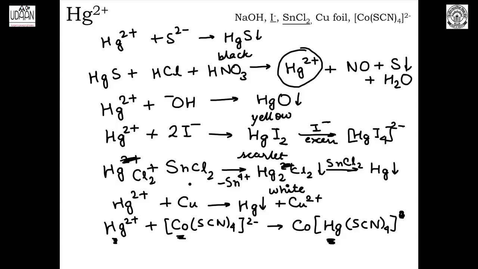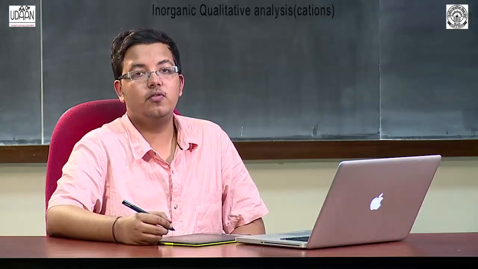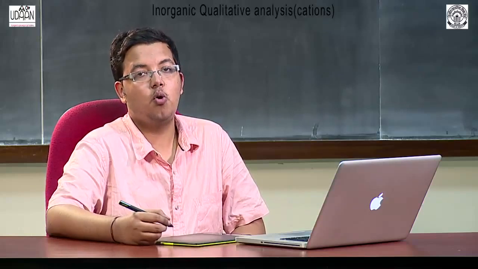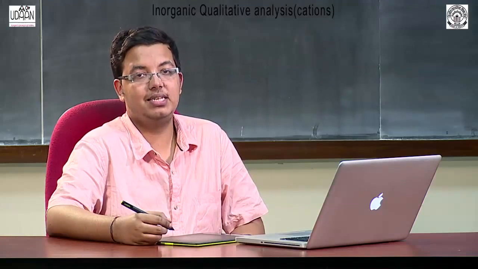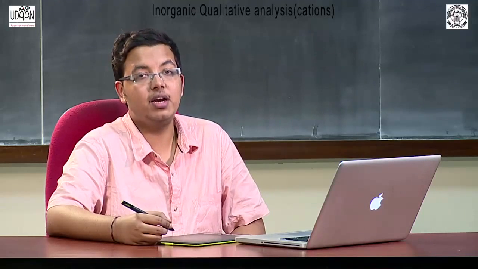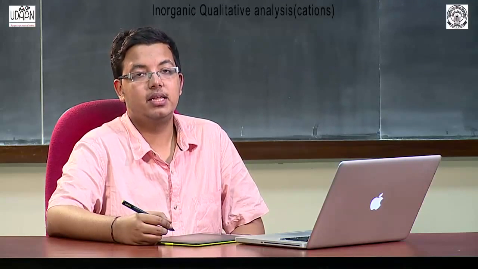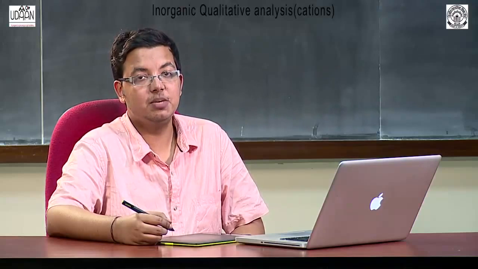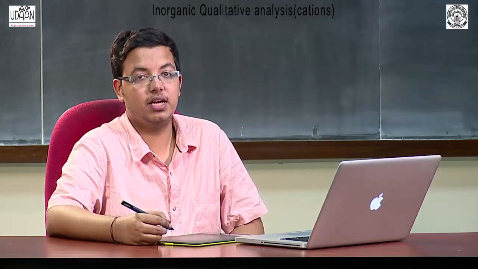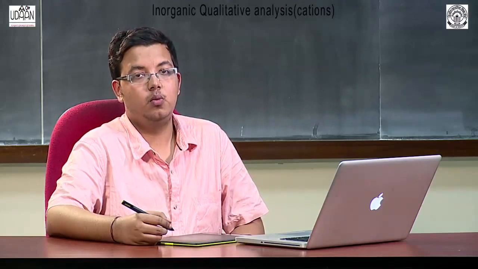So these were the very typical reactions of mercury that we can use to detect the presence of mercury 2+. So till now we have finished completely with the principles of qualitative analysis, the basic overview of cationic qualitative analysis, and we have also completed the complete discussion on group 1 qualitative analysis, that is the chemistry of lead 2+, Ag+ and Hg2 2+ as pertains to their identification in a given sample. We proceed further with group 2 and complete it